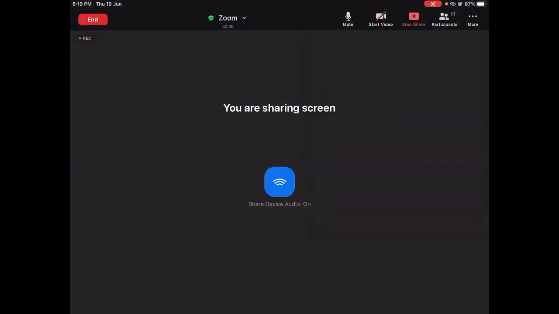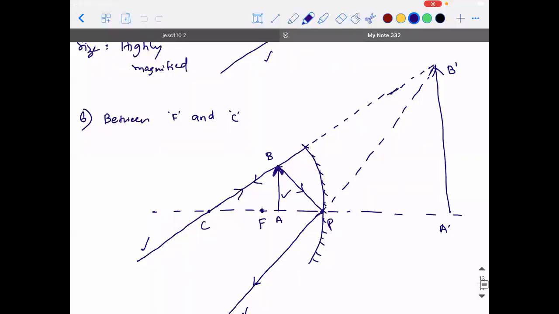Okay, this is the only place where the image formed is virtual. So this is the object location. Images. What will you write for the image? It is formed behind the mirror. So if you write the statement behind the mirror, then obviously there is no question of center of curvature, focus, or pole.